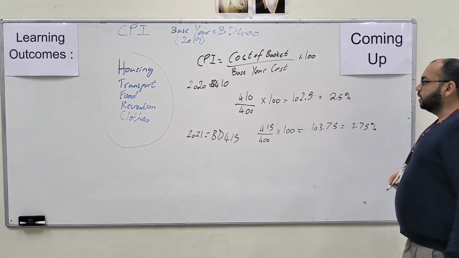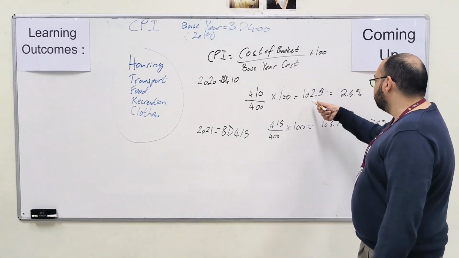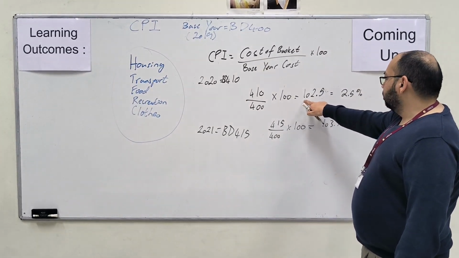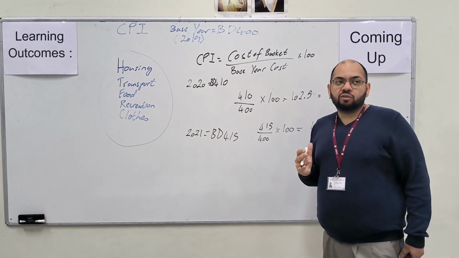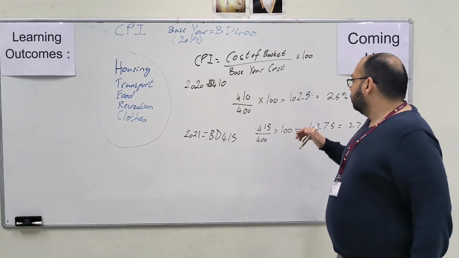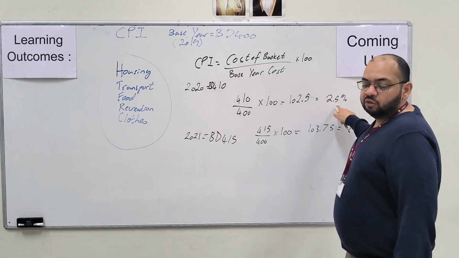Now, in terms of the percentage, there are two ways to actually determine the percentage. What I did was, it usually comes from 100. 100 meaning that there is no increase in price. It would be at 100%, it would be the same. So whatever was above 100, I would take that and turn that into a decimal. That would give you the percentage.